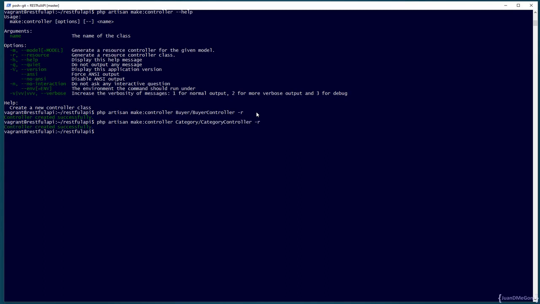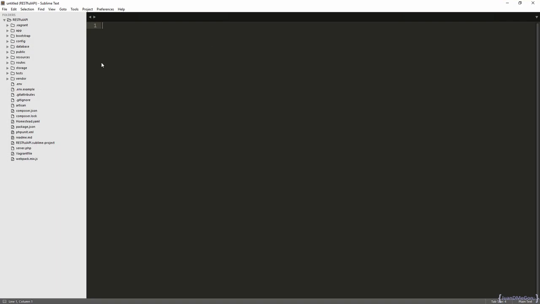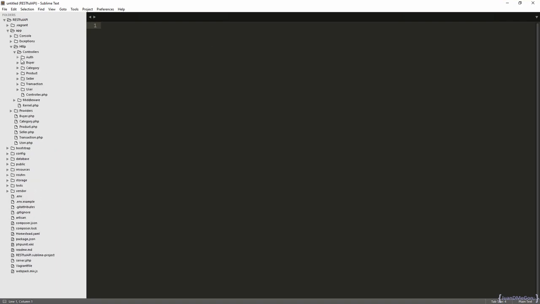We have one for category, for product, for seller, transaction, and finally user. So now if we go to check the structure of our controllers, we can see that we